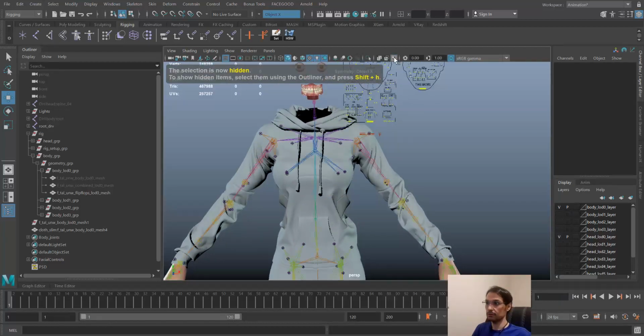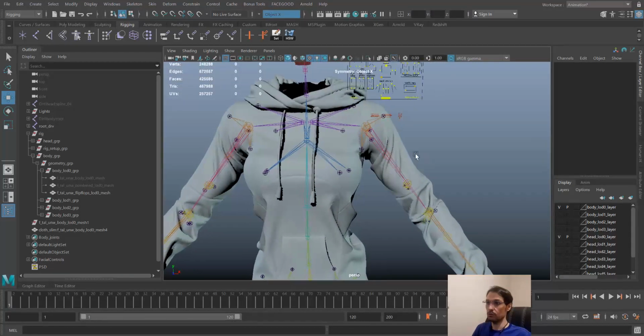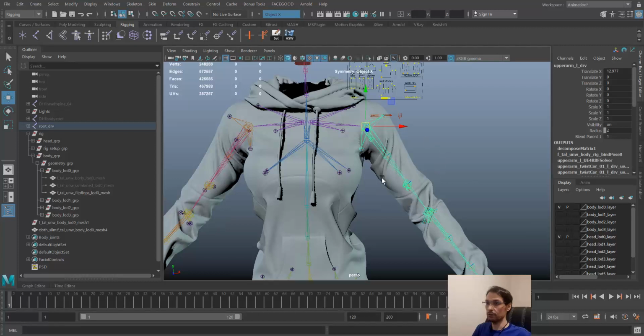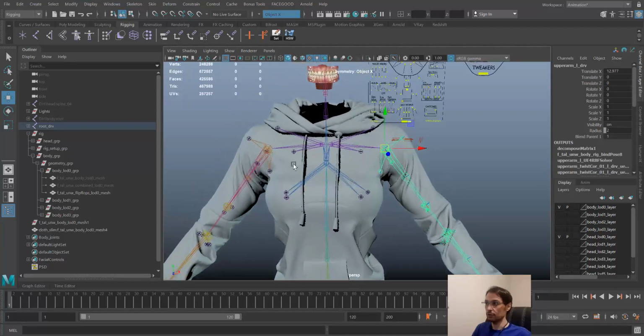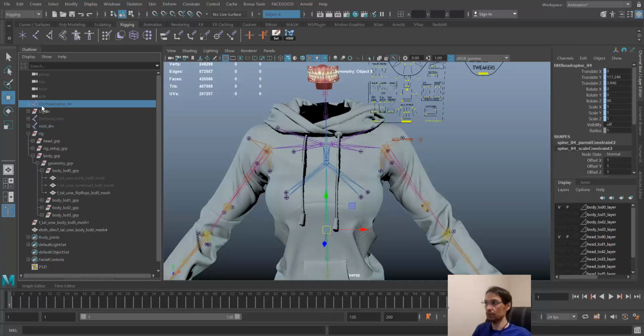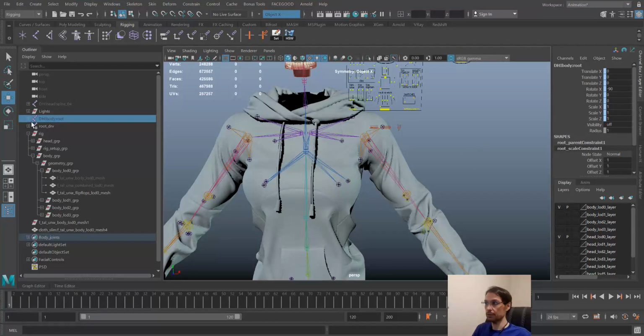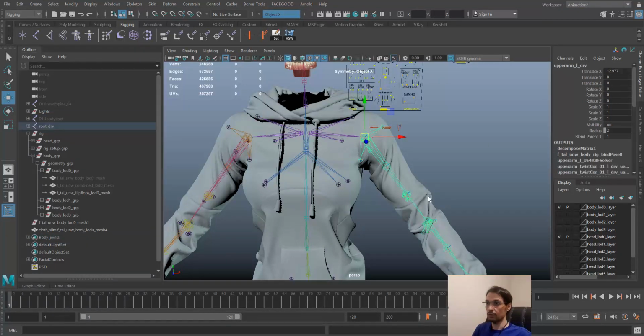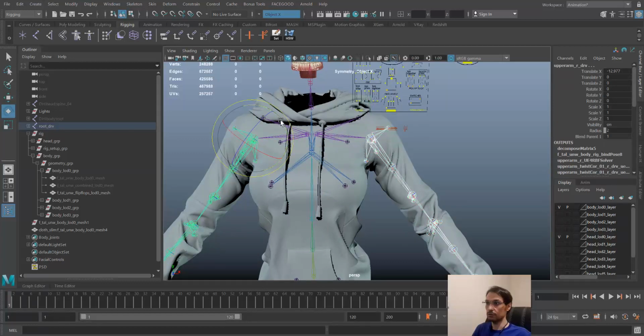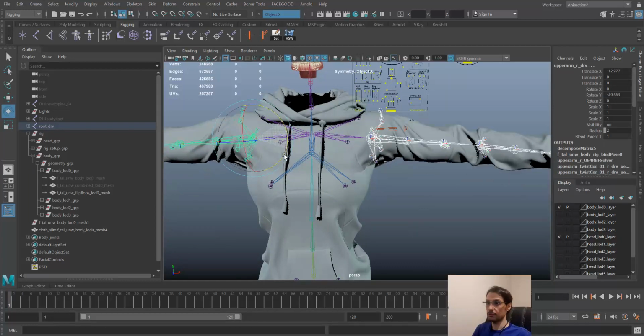And as you know, if you are going to rotate the joints, it's always root DRV, and you are going to keep the DH, actually DH body root always hidden, because we don't want to rotate these joints, because these joints are driven joints. So I'm going to rotate these joints, and as always,